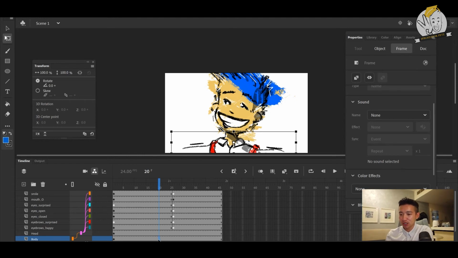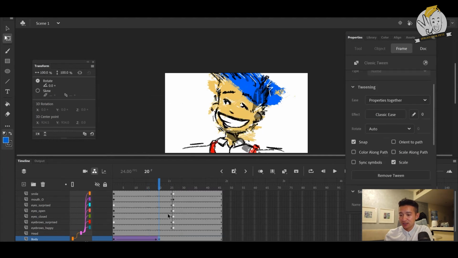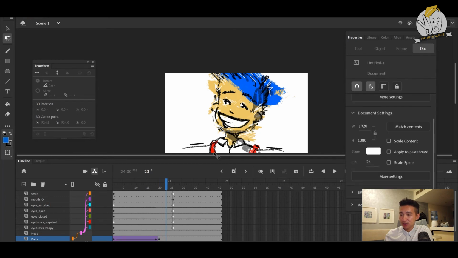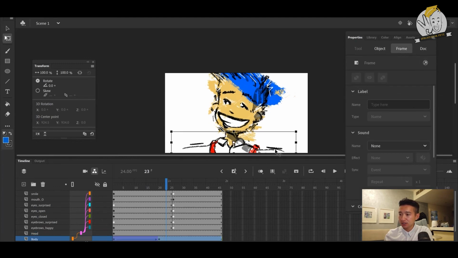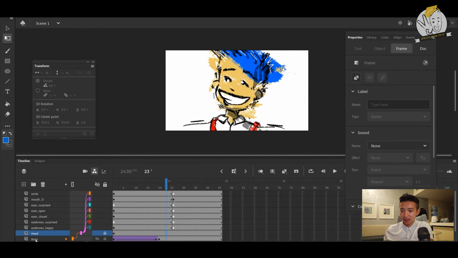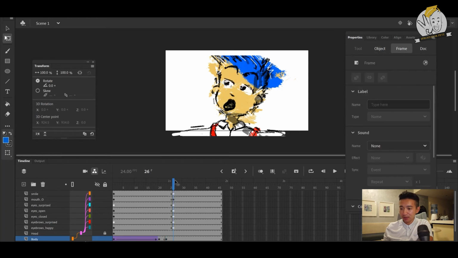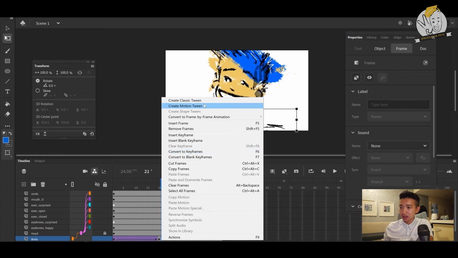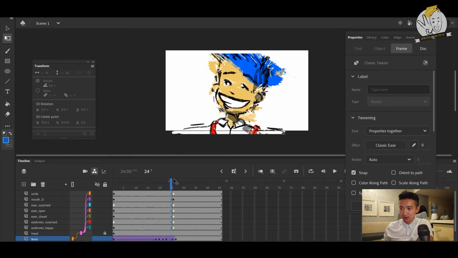I'm going to hit F6 on the keyboard. So I'm going to right click over here and select Classic Tween. And there I can drop the body down. So the body will drop maybe a little bit here, 2 frames. I will drop the body. Oops, let's go with the body. Drop this thing down a little bit. Got some issues here. I'm going to have to lock in the head and go back to the body, and then drop the body down, and then the body will go back up around here, and so that looks okay. Then right click and hit Classic Tween here as well. So now we have the body movement,